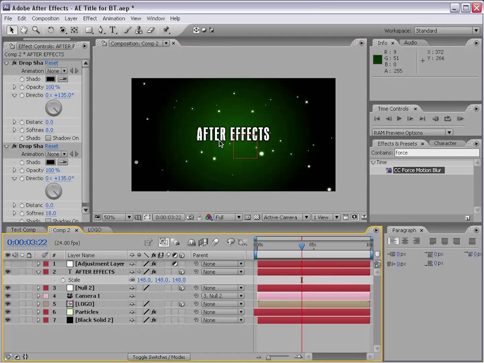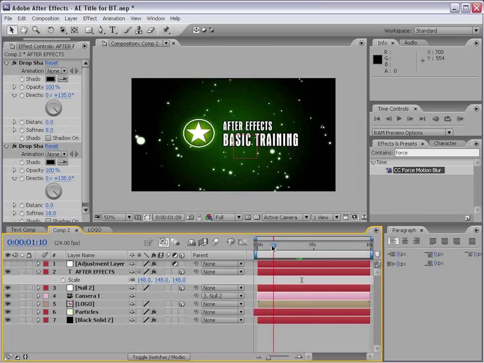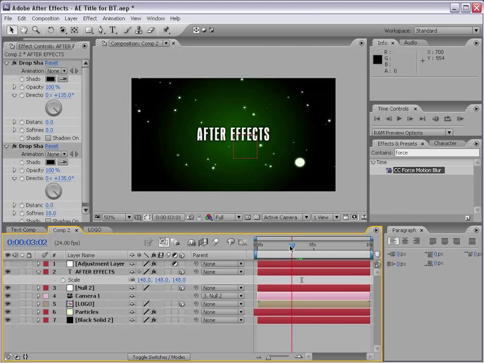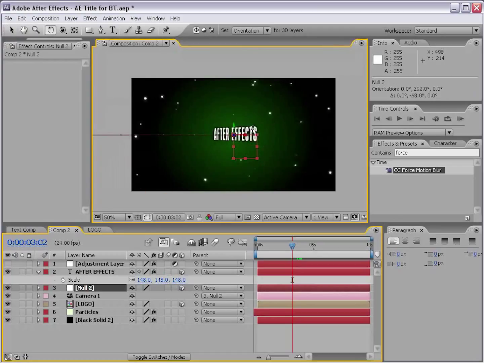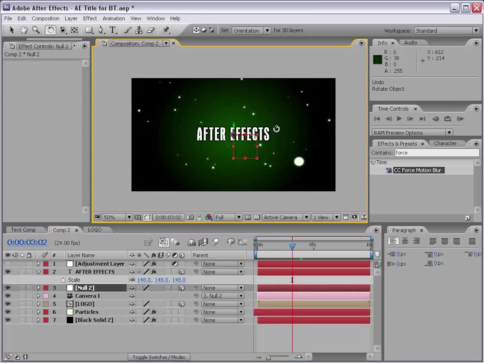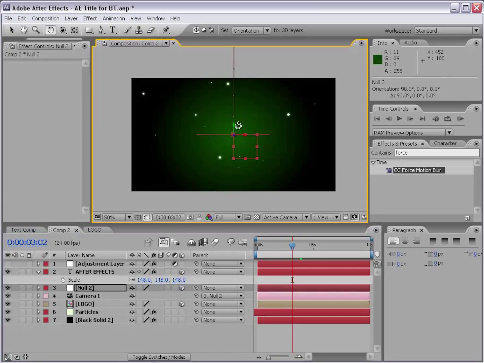So now we're basically where we left off. Everything should still animate the same. Except now our camera pivot point, or in this case our null object, remember our wagon that's pulling the camera around and rotating it, our null object can now be rotated to fly around. So what I can do, well, I can do a lot of things. You know, I can fly upward and have another title waiting for me up here,